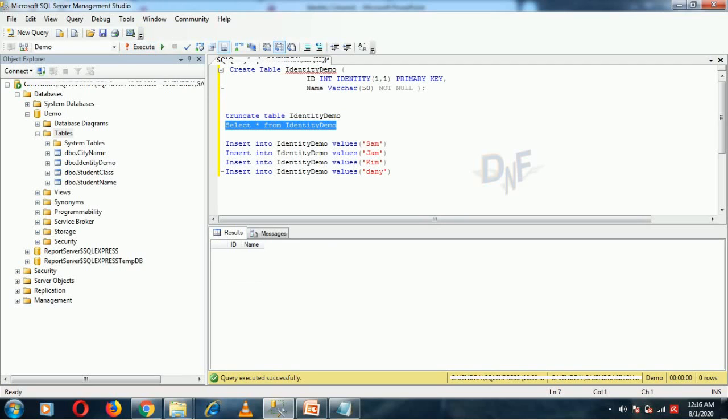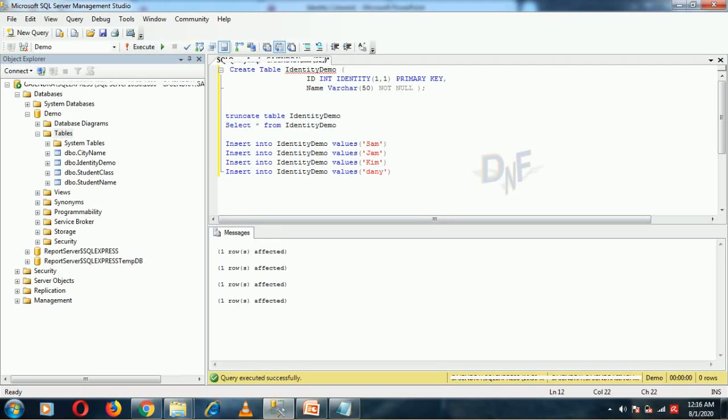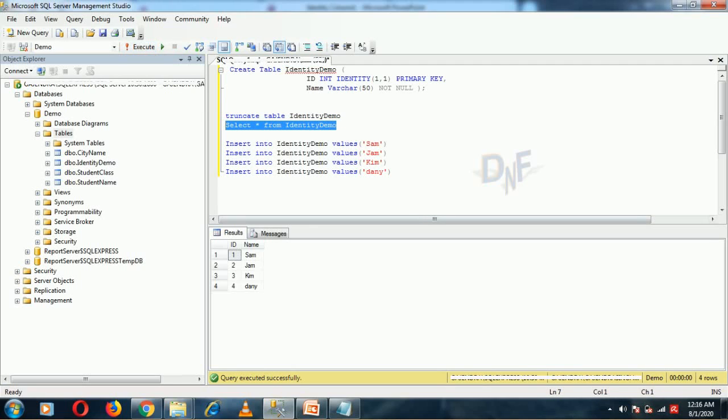Here is no record. When we insert 4 rows, successfully inserted, we can see first row started from 1, second row identity column is 2, third row identity column is 3, and fourth row identity column is 4.